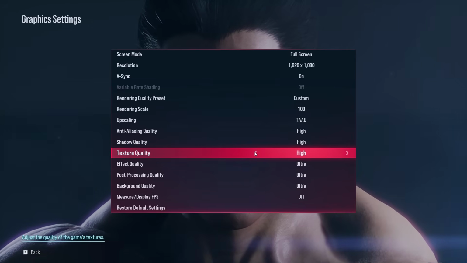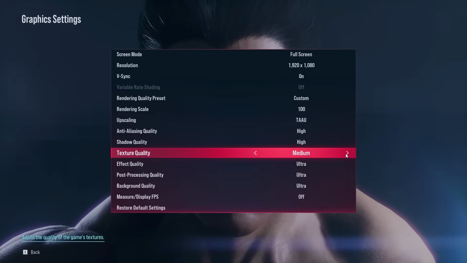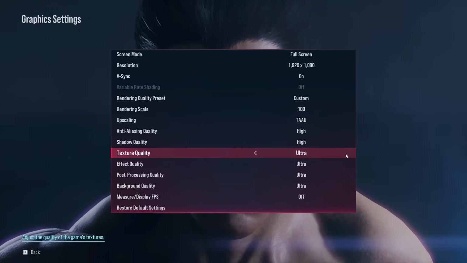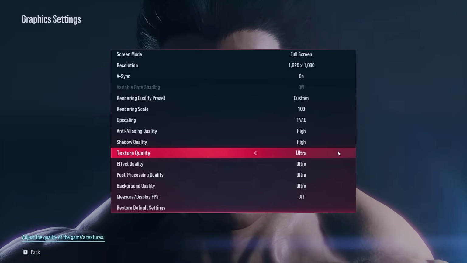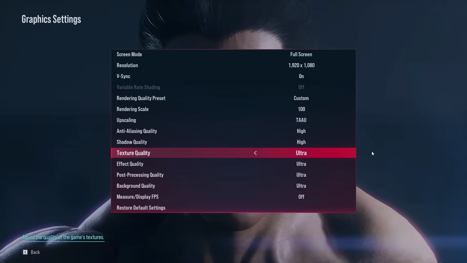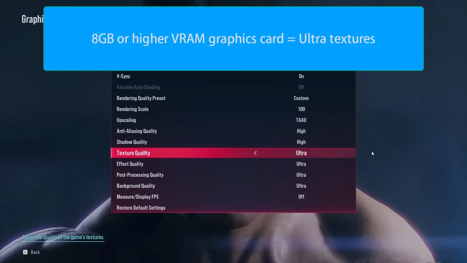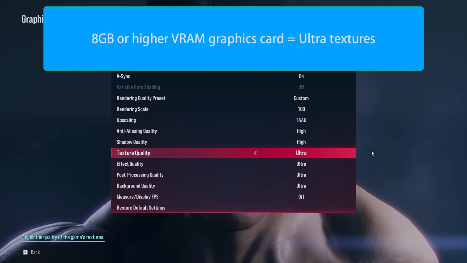Texture quality controls the quality of textures in-game. This setting is dependent on your graphics card's VRAM. The game uses 6.7 GB of VRAM if textures are set to ultra, so if your graphics card is 8 GB or above,